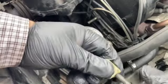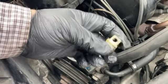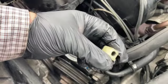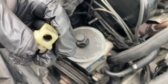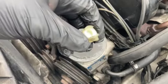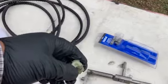However, the last time I tried to tension the belts, it was not really moving up or down, and I just couldn't make it out. Well, here's why: because the threads are completely stripped. So what to do? I'll show you in a minute what I had to do, and that is I had to get myself a